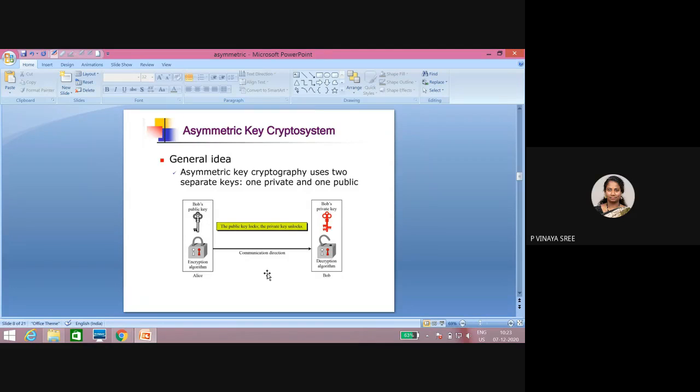I want an answer, ma, fast. Does it provide authentication or confidentiality? Confidentiality. Yes, note that down. Again, I will ask you the question. This is confidentiality. Why? Because Eve is encrypting with the public key of Bob, and only Bob can decrypt it with his private key. No one else can decrypt that.